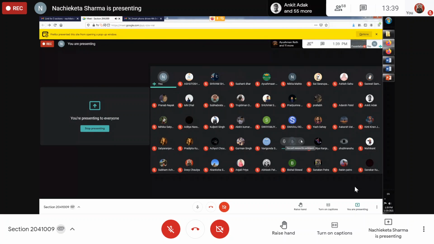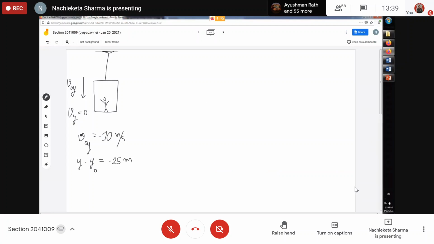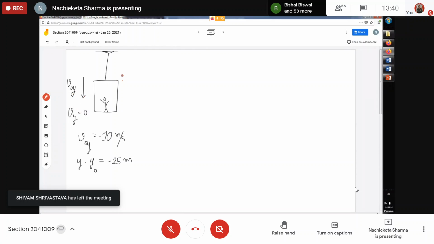Upward. Yes, because the velocity is already downward, and the velocity is decreasing. Right. Because if the velocity is already downward, and if the acceleration is also downward, then this speed would have increased. But this speed is decreasing. So the acceleration must be pointing in the upward direction. What is its value? We do not know. But at least we know its direction, that it is upward. So we will be getting a positive acceleration. Let us see whether we are getting it wrong.